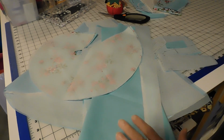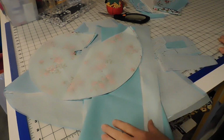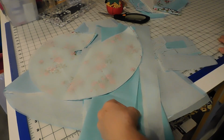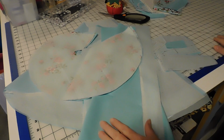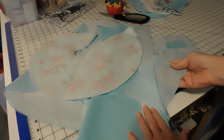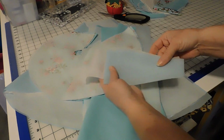So the gown itself is going to be all this soft kind of a sea foam green, and just to try this out, I thought this is fabric that I already have. So this is a cotton fabric, and if you want to do a gown in a lot softer fabric, it's all a matter of choice and what you have. But this is going to be a cotton as far as the underlay of the gown. And then I have a light chiffon overlay for the overlay part of the gown. And then my little pieces here are the chiffon,